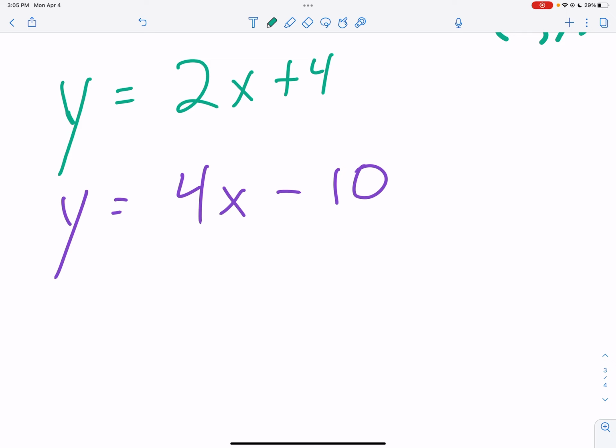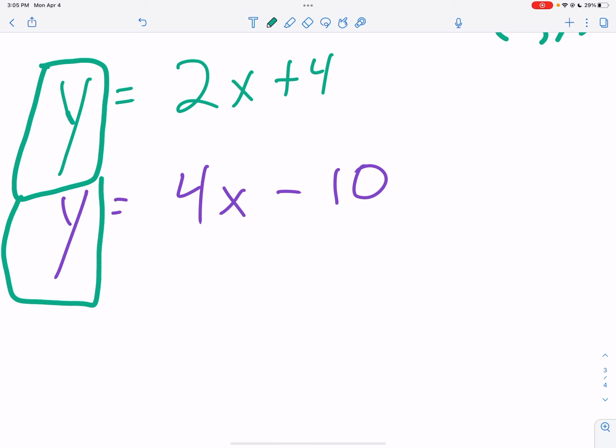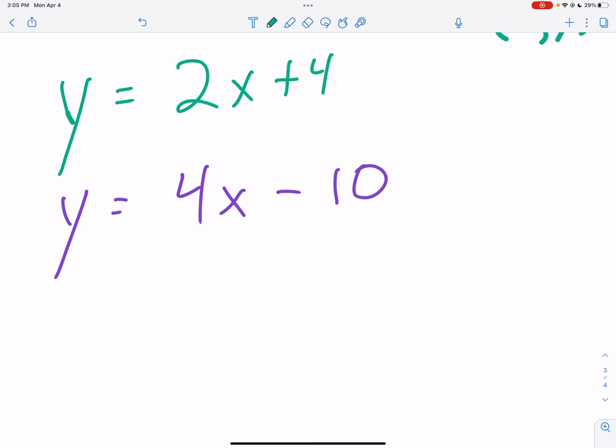So let's look at each one of these individually. I notice that I have y is equal to 2x plus 4. And I have y is equal to 4x minus 10. What's interesting here is that we know that if we want to satisfy both of these equations at the same time, at this point where that solves them both, our x's should be the exact same value, and both of our y values should be the exact same value. So notice, this y is the exact same y that's in this,